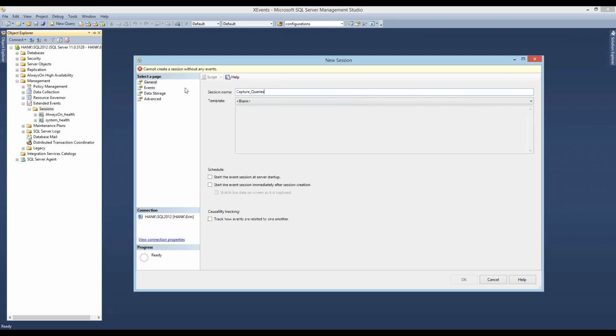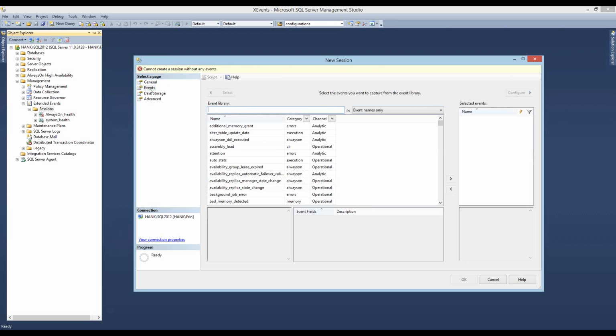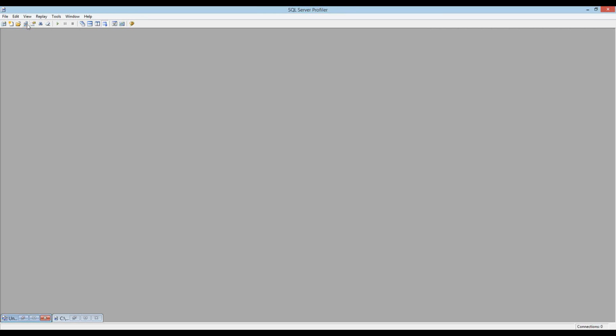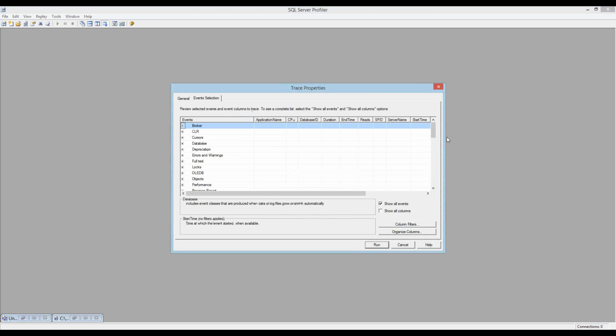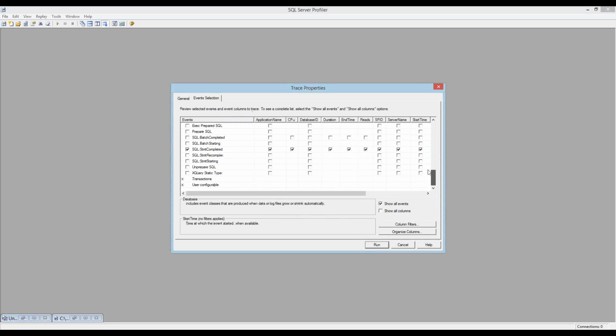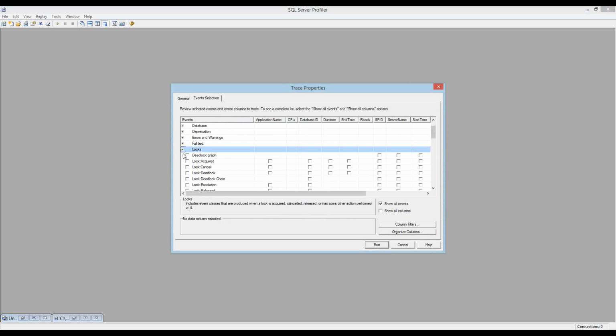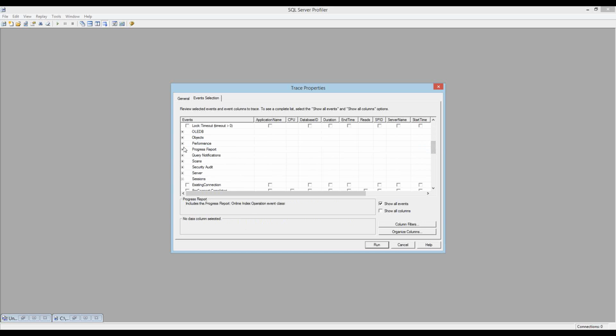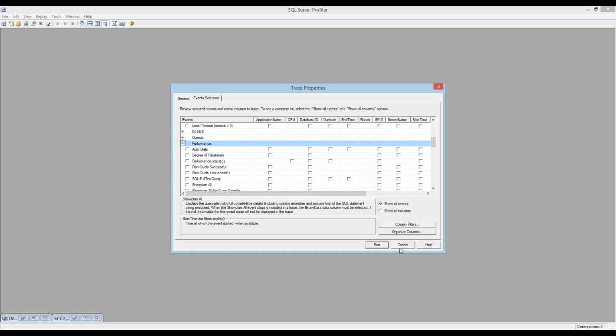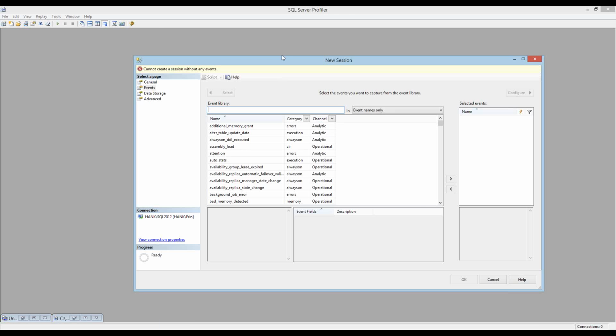Okay, events. Once I've specified my session name and any of these other options, I'm going to go to my events. Now these are all the events available. Remember, I told you that as of SQL Server 2012, there's 600 and some, and this is a lot to scroll through. And remember, back here in Profiler, if you looked at a session and you went to event selection, this was a pain to scroll through as well. And how many times were you like, where is that event that I know it's in here somewhere, but I can never remember where it is? You've probably spent a lot of time doing that. I know I have. I've wasted many important minutes of my life.